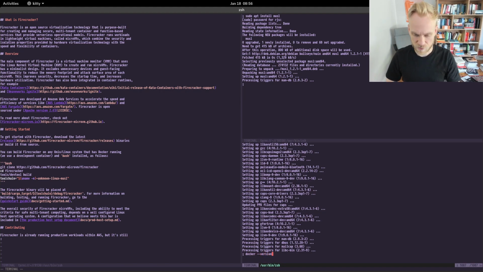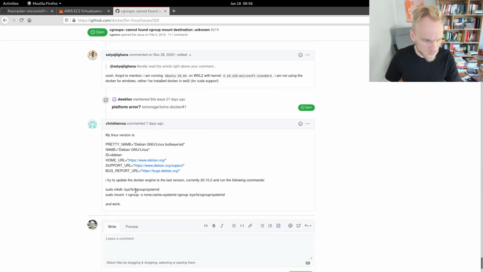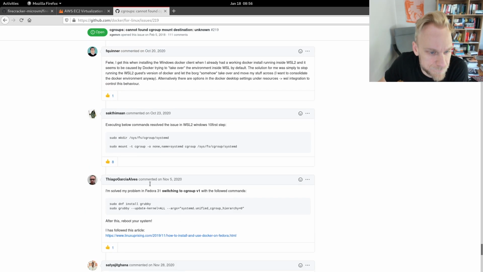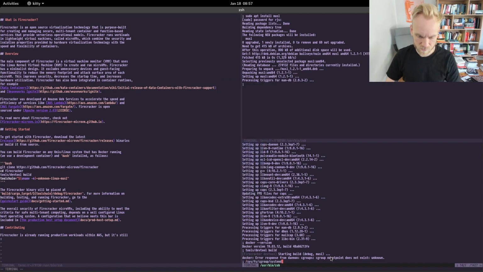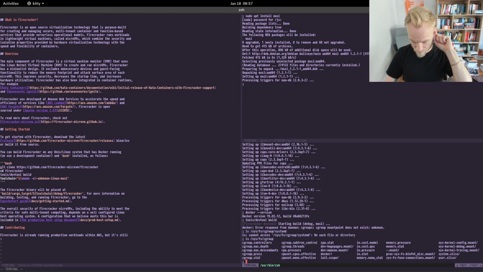Let's see what version of Docker we're running. This is 19.03, so upgrade Docker. Docker does want to be updated, so maybe it's a version thing. Well, we can try again. So this is Windows Subsystem for Linux 2. There are the cgroups in here, but there's none for systemd. I don't know why systemd matters in this case.